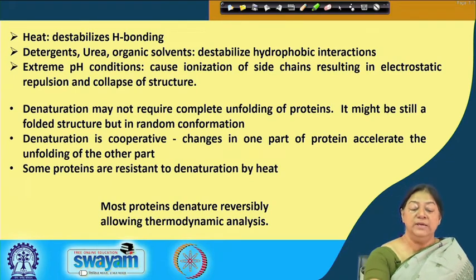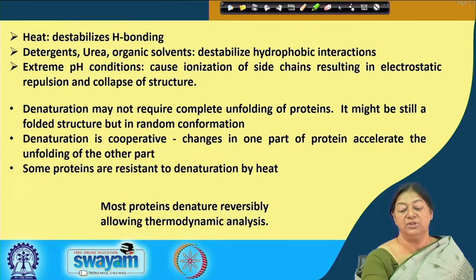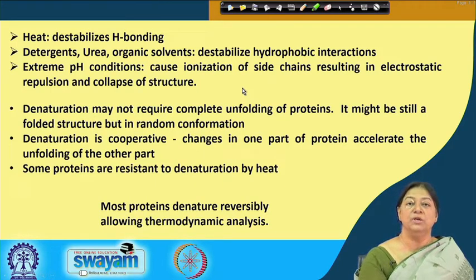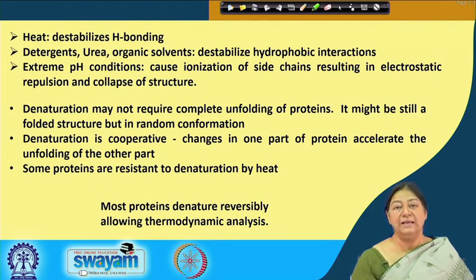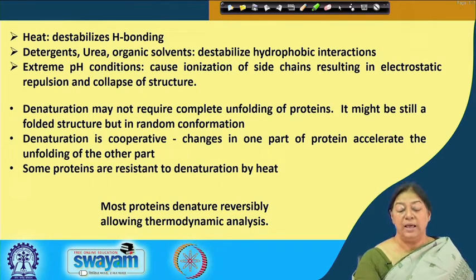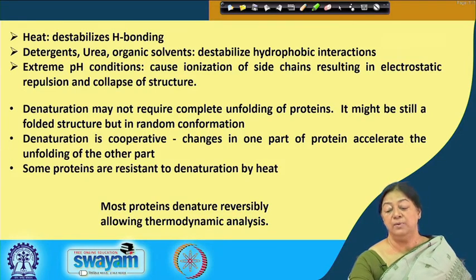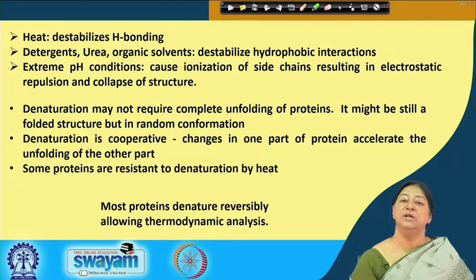What does heat do? Heat destabilizes the hydrogen bonding. Detergents, urea, organic solvents destabilize the hydrophobic interactions. Extreme pH conditions we know will cause ionization of the side chains. So, whether we are talking about a very highly acidic pH or a very alkaline pH, both of these will have a very important effect on the side chain, and they will result in electrostatic repulsion, and there will be